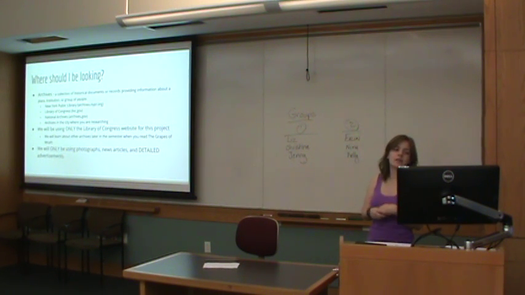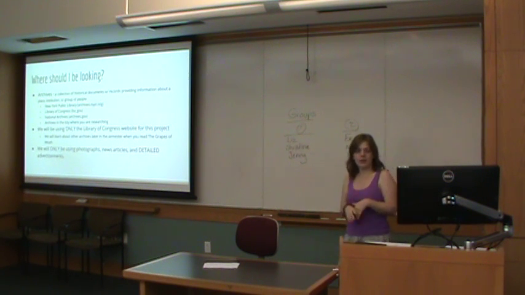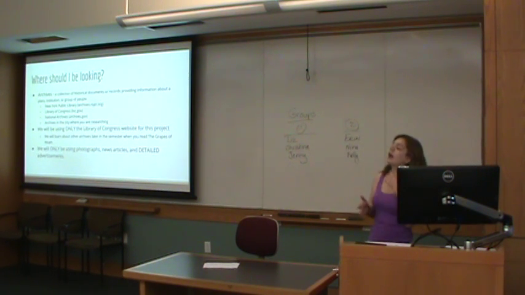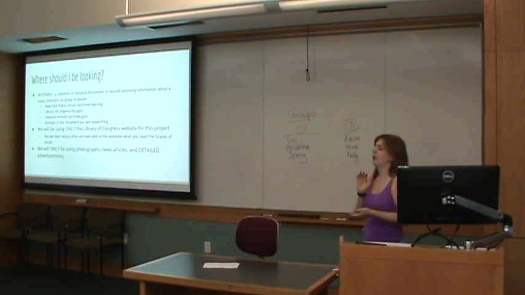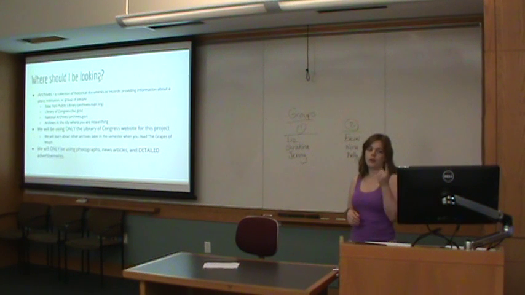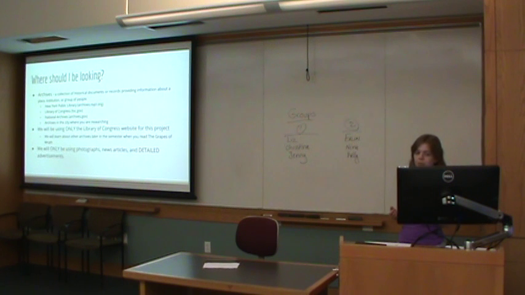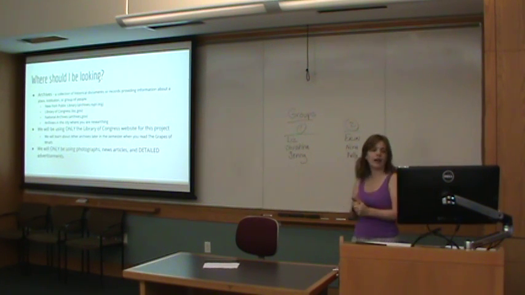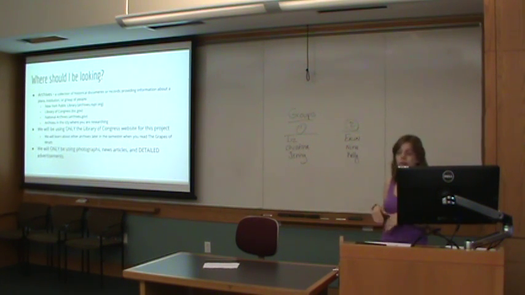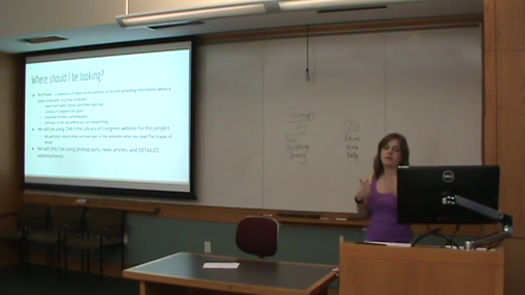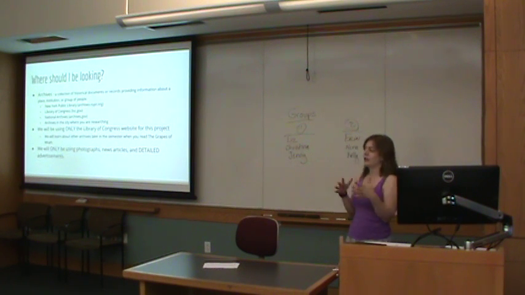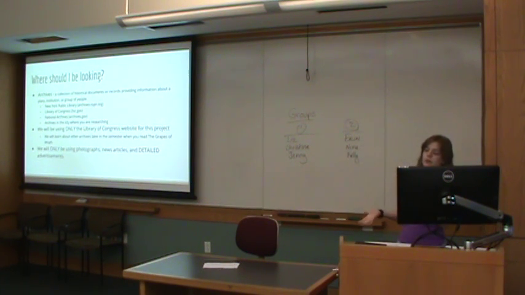So there are a couple of big established archives that you could look at. We're not going to look at them today, but I do want you to know what they are for the future, because we are going to be doing a longer research project for The Grapes of Wrath next month. So I want you to keep in mind where you might be able to find some information. The New York Public Library has a great archive, the Library of Congress, which we'll be working with today, the National Archives, and then with The Grapes of Wrath, maybe you want to focus on archives for the places there.